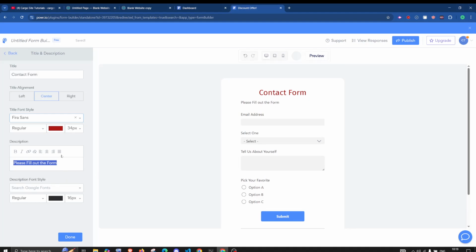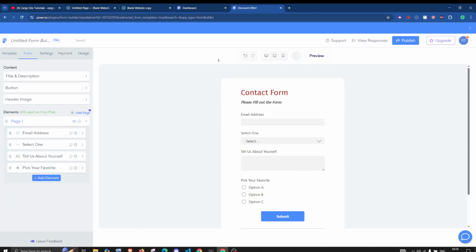By selecting it, you can change the alignment of this as well, something like this, and you can make it italic. Let me just move it like this, and from here you can change the description text as well. And yeah, let me just click on done. So this is basically the title and description.